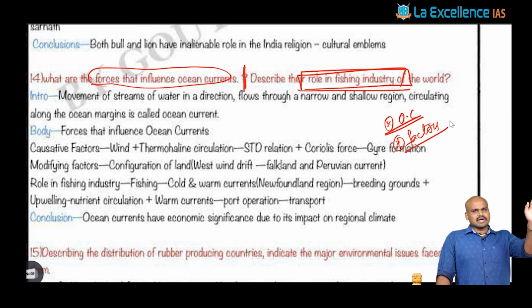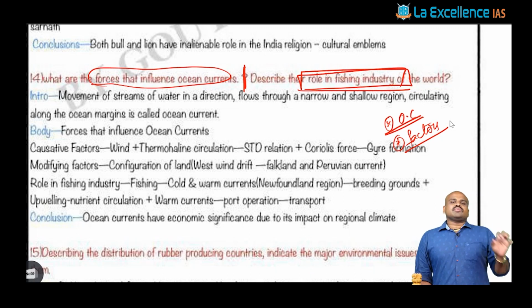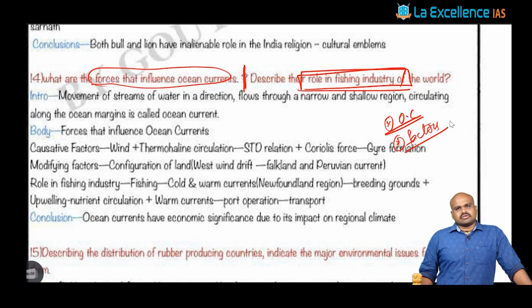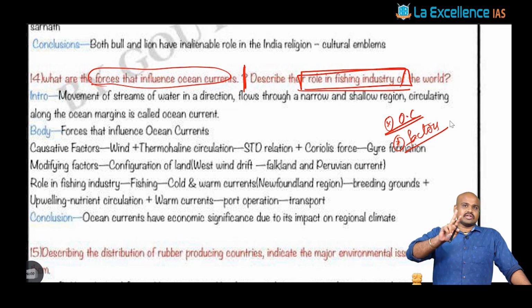Just like the wind system which balances the pressure difference and the temperature difference, oceanic currents are also nothing but a balancing system with respect to the variation existing in the salinity, temperature and density of an oceanic system. When you look at the whole concept of geography, especially physical or conceptual geography, you would see that geography is all about balancing the imbalances. That phenomenon you study in geography. How are things balanced in the context of imbalances? That is what geography is all about.